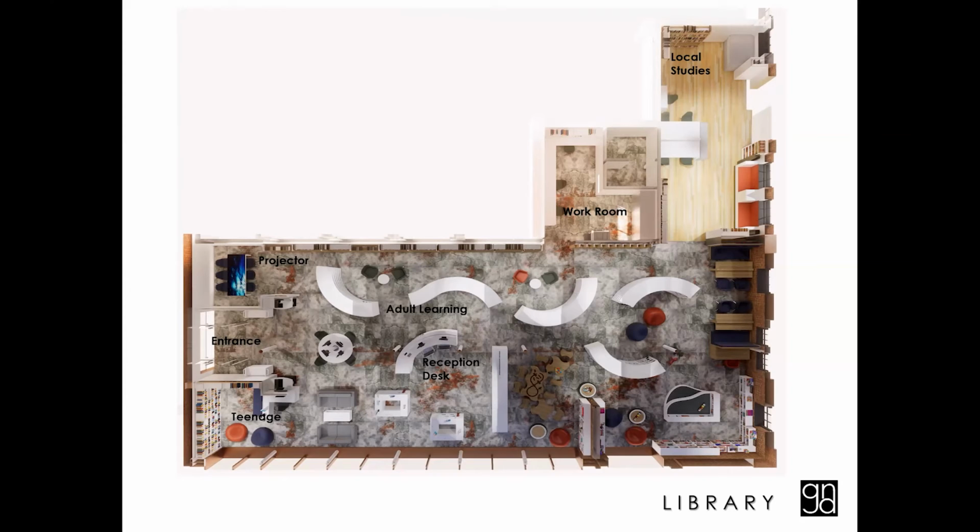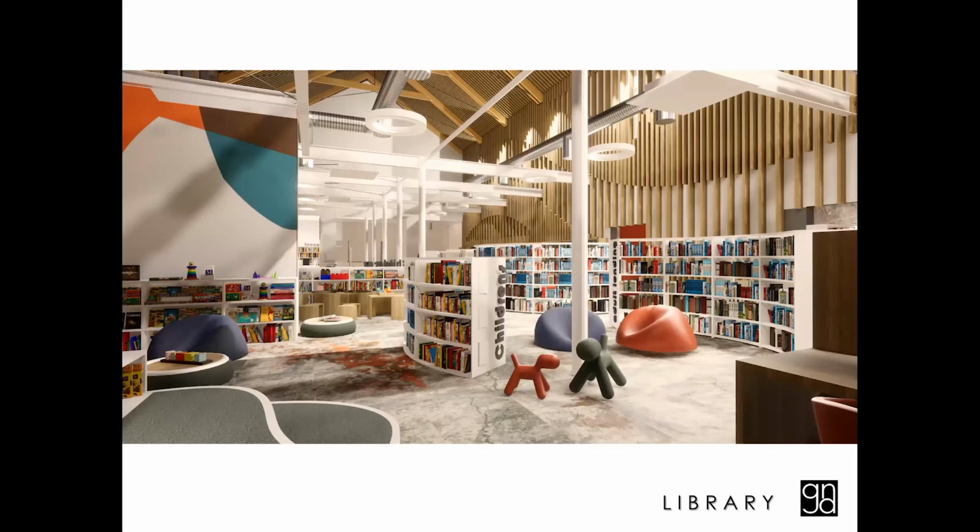So it was really important to us where we position things, and then we looked at the interior design of it to highlight the reason why they're positioned where they are, and give each area a very identifiable zone. So if you have a look at some of the views, this is looking in the far corner, looking from the children's area. And as you can see, we wanted to